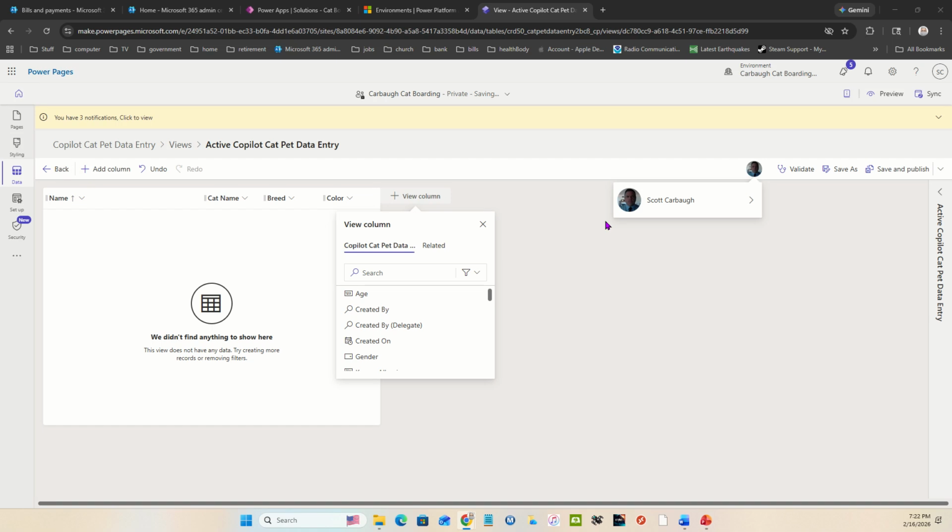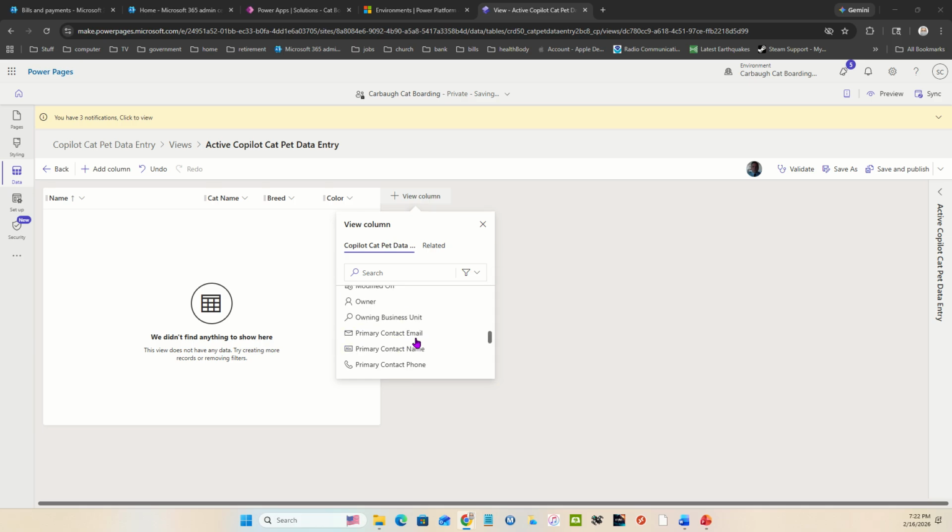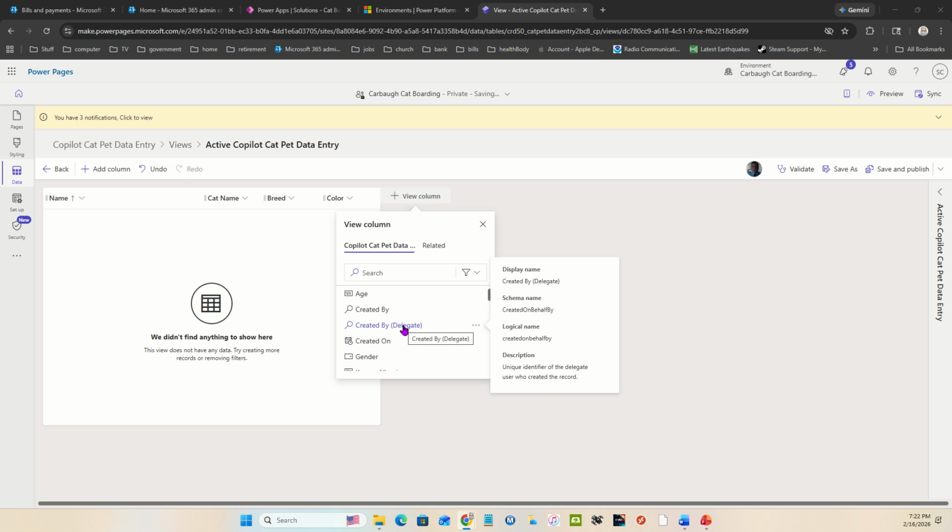Okay, so last we left off, I was in Power Pages trying to put together a view in this new copilot pet table. And while I was scrolling through, I don't remember asking for microchip number, but awesome. That's one of the things I was going to do. I did notice that some of the fields I would like to see are not in there. And rather than doing this one at a time, we're going to go back into Power